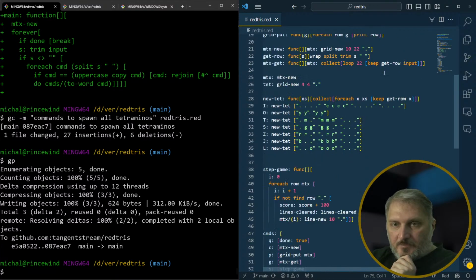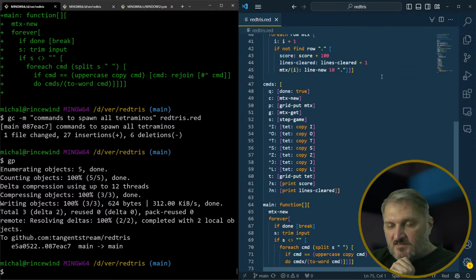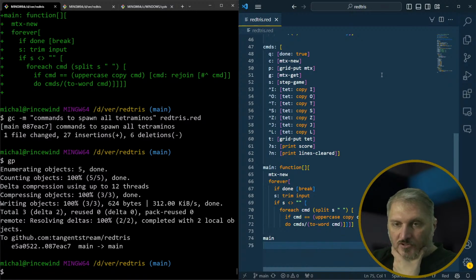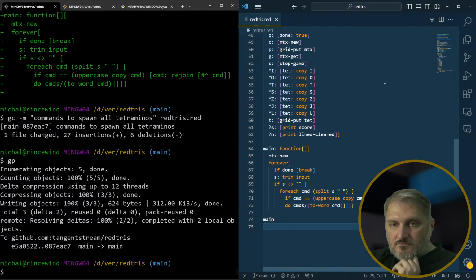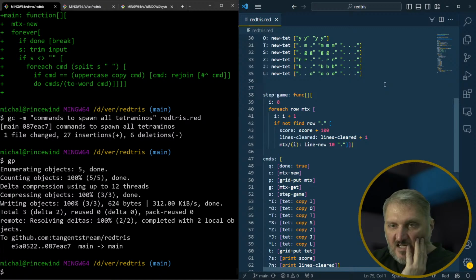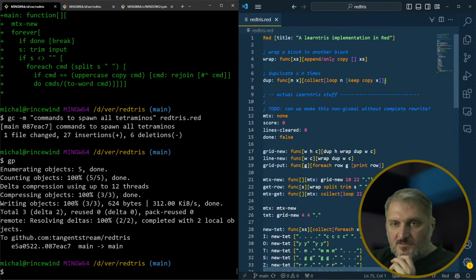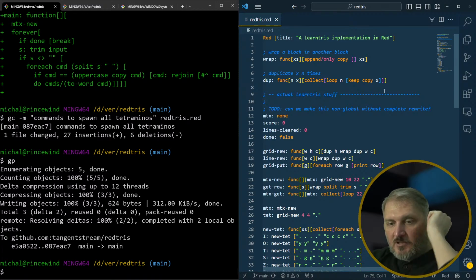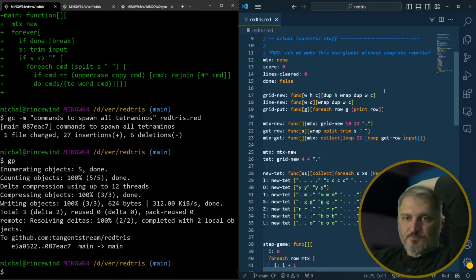learntris in Red up until the first 15 tests, and I guess I will come back and probably do a little more tomorrow. And yeah, I think this is nice. I like this language, and I like the experience of doing learntris, and hopefully this was enjoyable to some people. I will probably make a